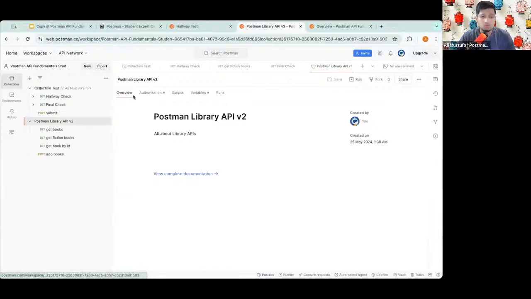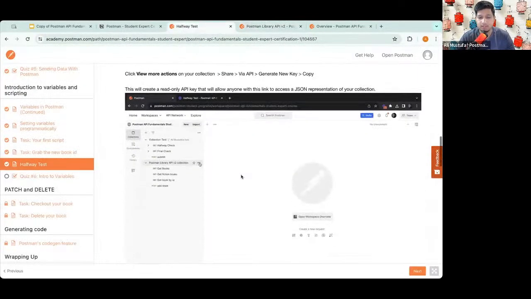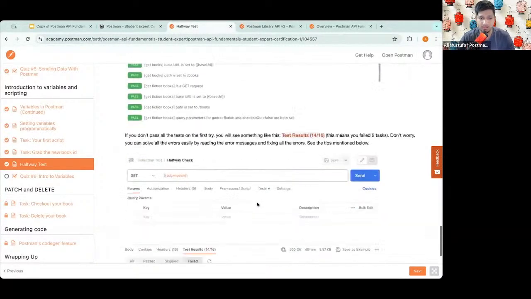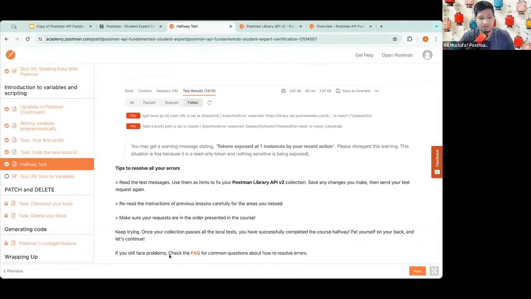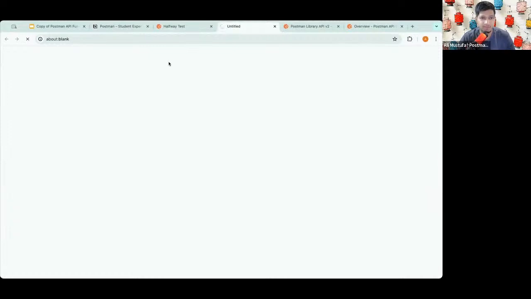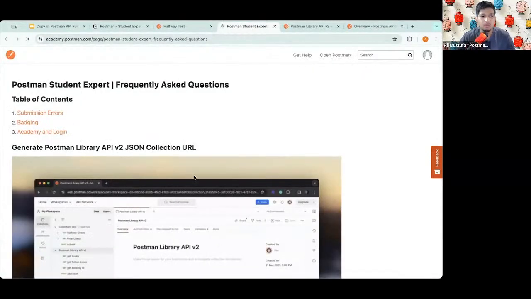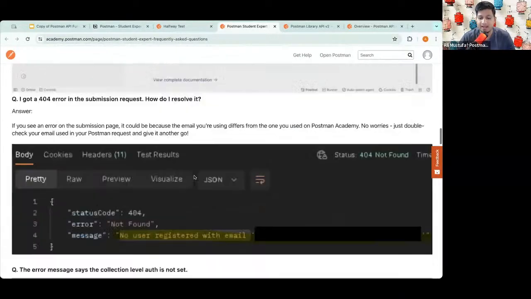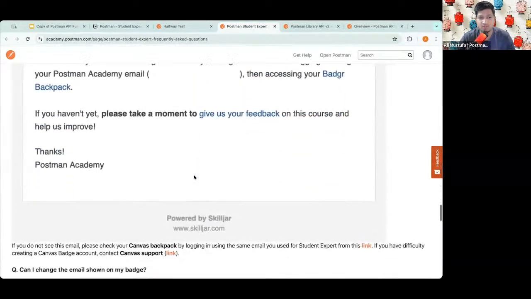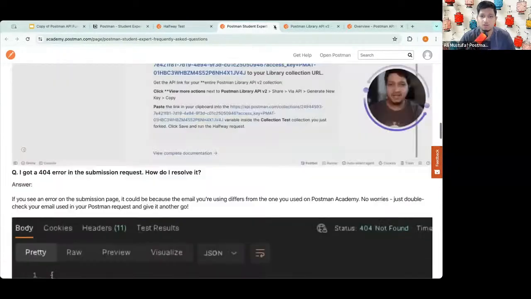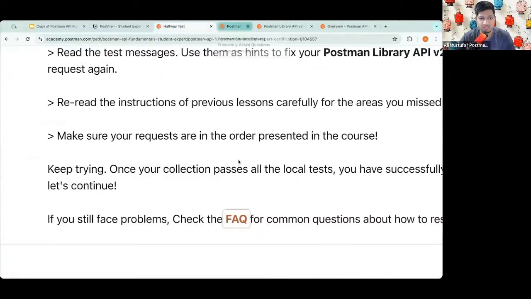Awesome. Cool. Let's go back to library API v2 and let's go back to academy. Now, if you have any questions, please go through this page, read it, and you will be all good. Now, if you're getting any error, you can see there is an FAQ page right here, which you can refer to. Let me add that to Notion as well. The FAQ page will actually tell you what exactly your errors are, and it has videos and other things which you can definitely look at, and it will answer almost all your questions. So make sure you read the FAQ in case you are still experiencing errors.